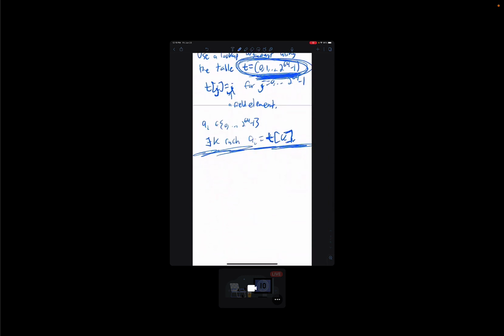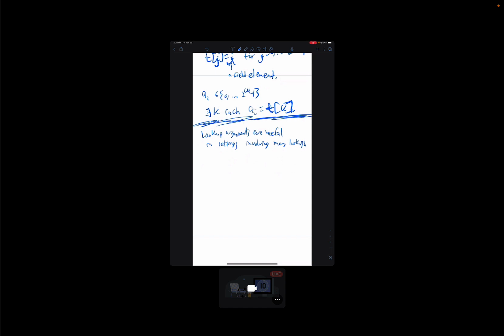Okay, so I want to make one more comment before we actually start talking about how lookup arguments work, which is that lookup arguments are useful. In particular, they improve over the bit decomposition approach in settings involving many lookups. I'll tell you in a moment the costs of some important lookup schemes, but basically there will be